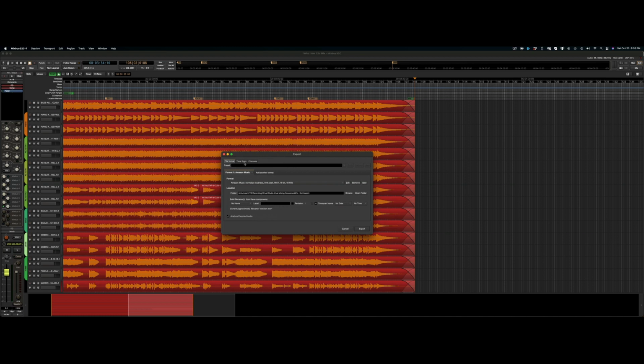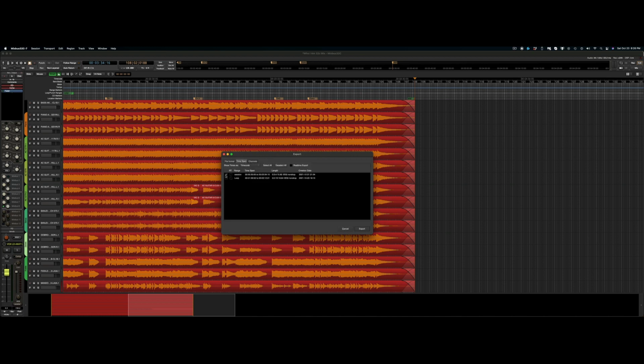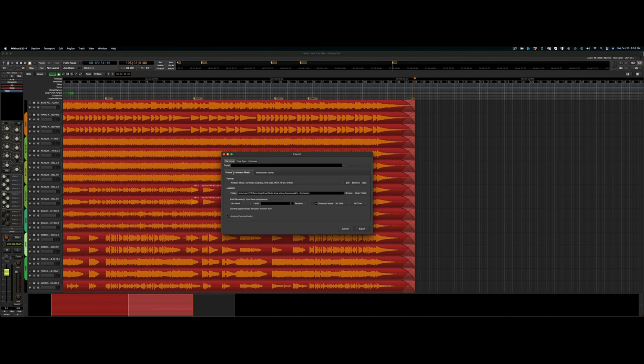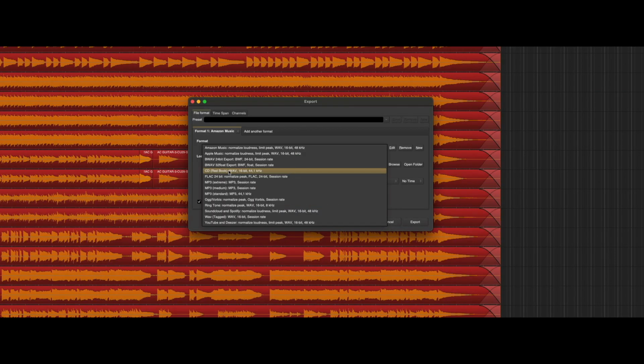And in the export window, we have time span, which for us is going to be the session. Channels is going to be the master output 1 and 2. Then our format, I'm going to make it a Redbook Wave 16-bit 44.1. Okay, that way everything I have for all 4 versions of the song is all going to be the same 16-bit 44.1. And I'm going to name this the session name, which is Who I Am,